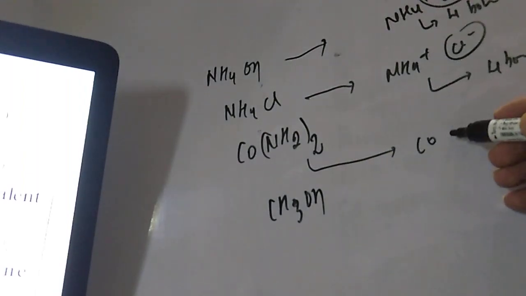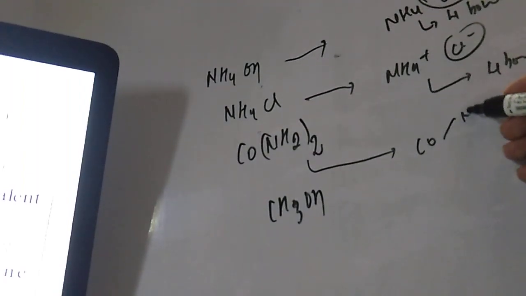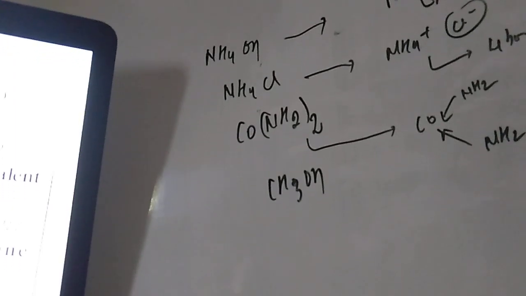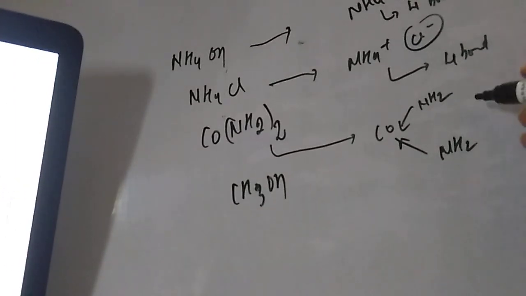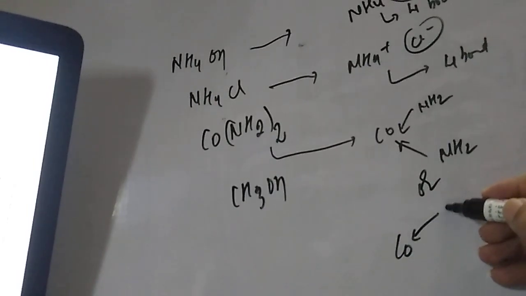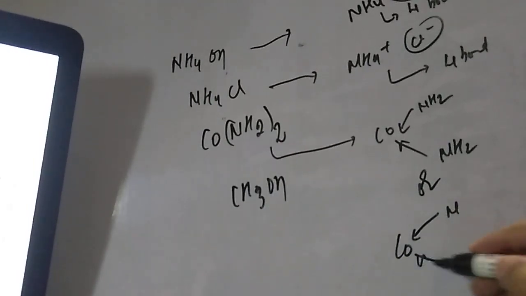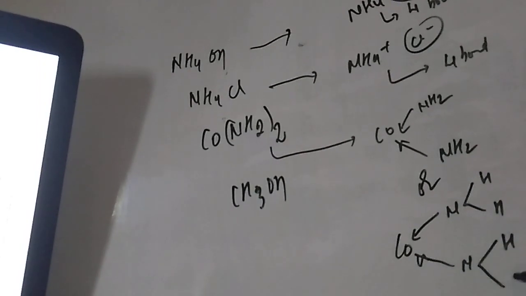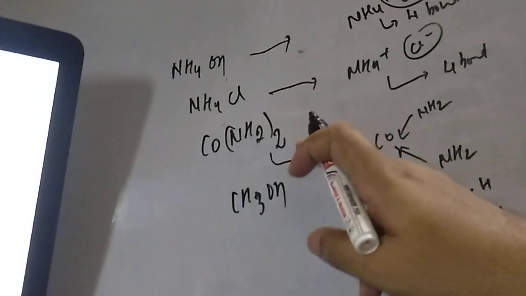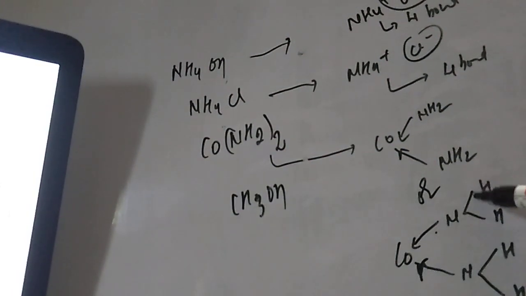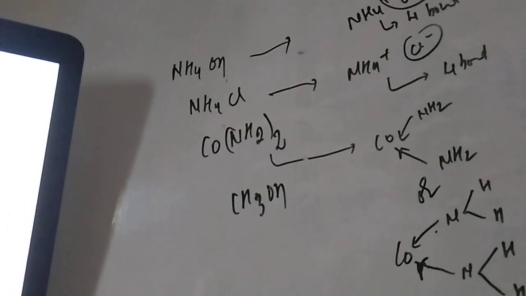CO, it will form a compound like that. CO, here is NH2 once, and here again NH2, so NH2 twice is there. So the total bonds, if you check in this one compound, so again I am doing the R structure, students. CO, here is a coordinate bond, that is N, and here is also N, and here is H, and here is H. Now let us do it, because twice is there, that is why 2 times. So count the number of bonds, students. 1 2 3 4 5 6. So the total number of bonds is 6.